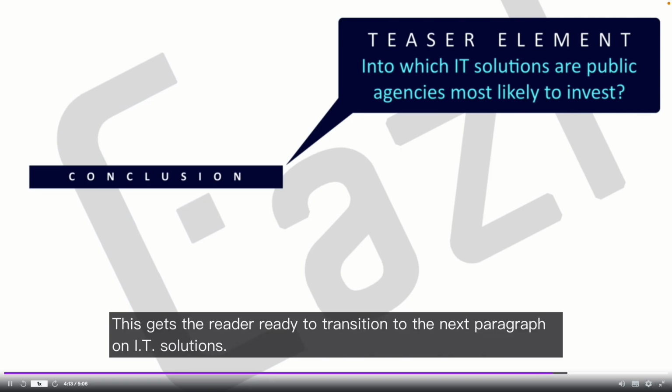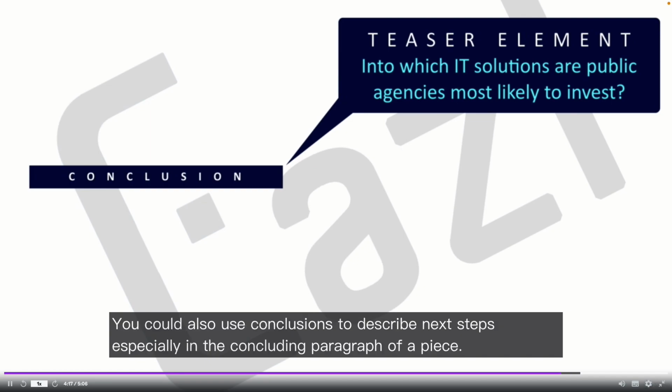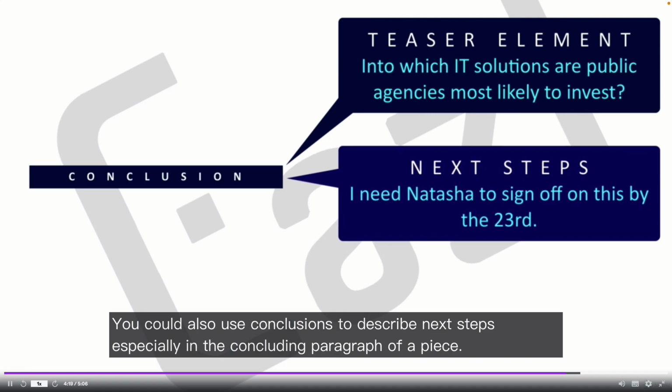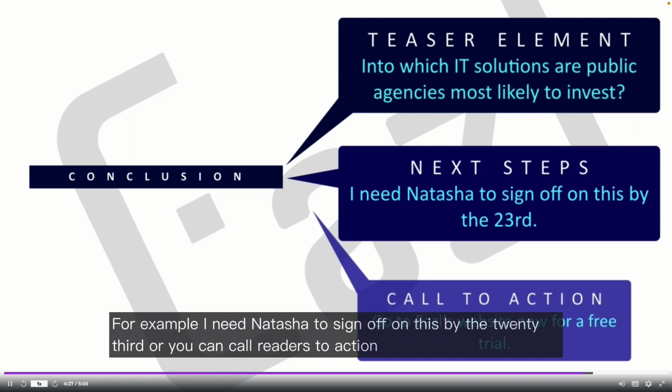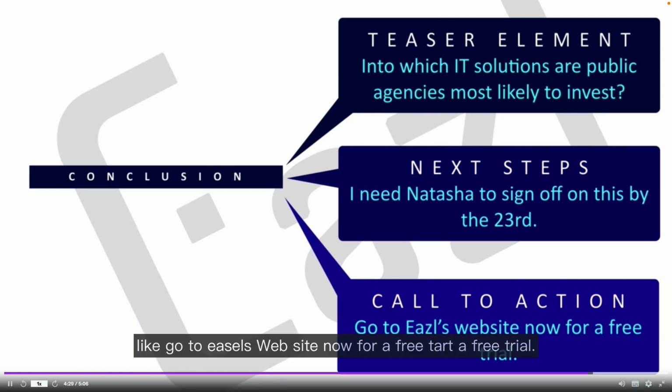This gets the reader ready to transition to the next paragraph on IT solutions. You can also use conclusions to describe next steps, especially in the concluding paragraph of a piece. For example, I need Natasha to sign off on this by the 23rd, or you can call readers to action, like go to Easel's website now for a free trial.